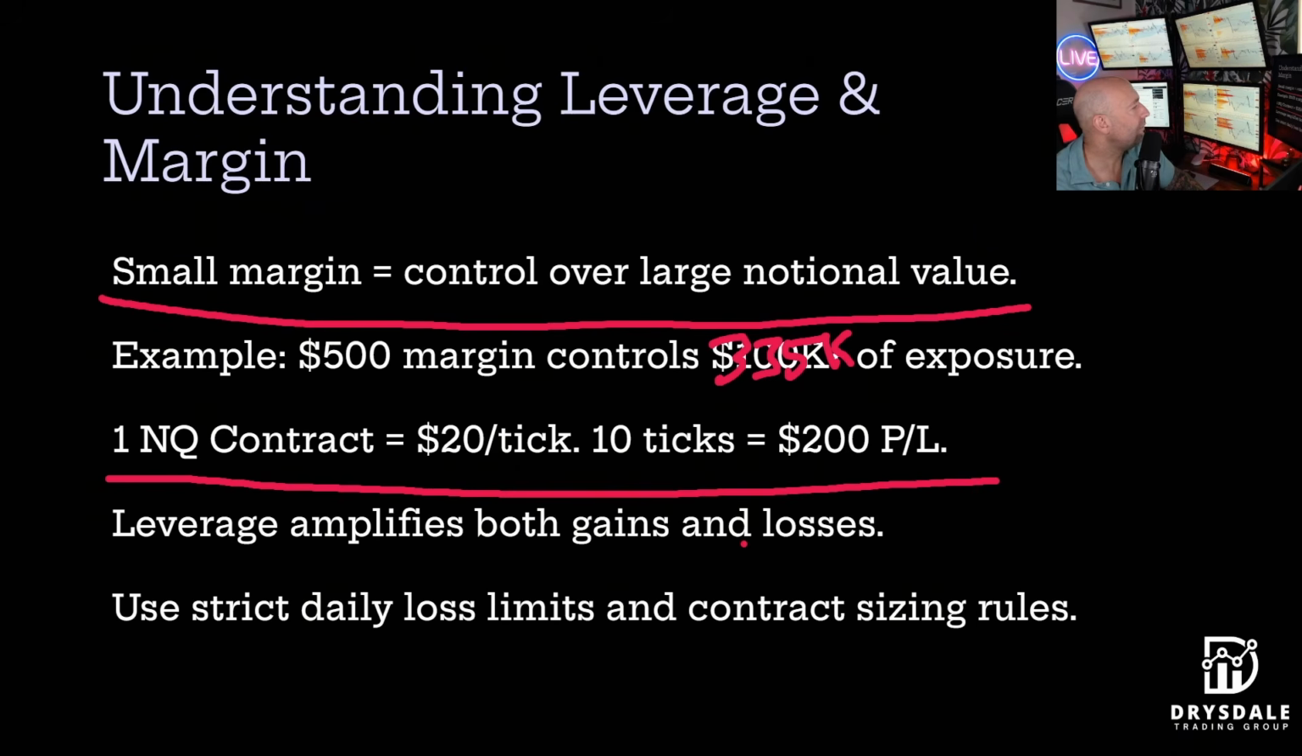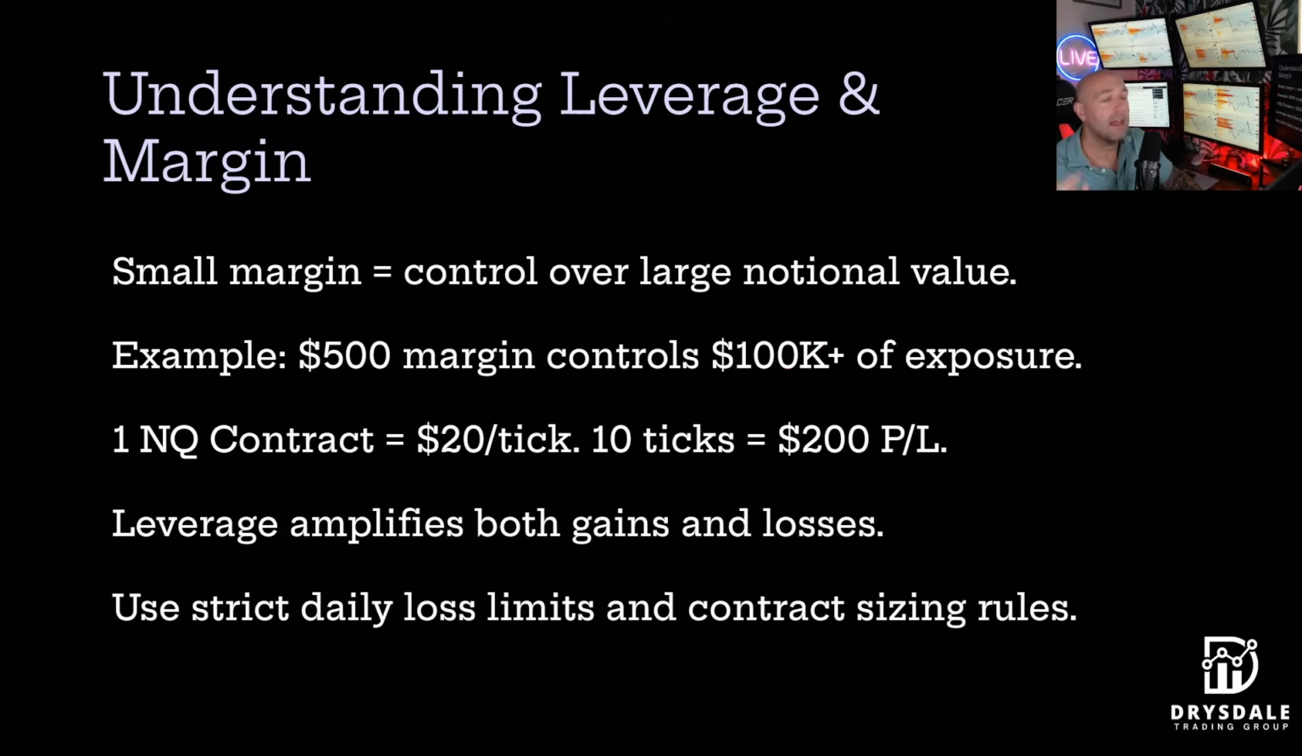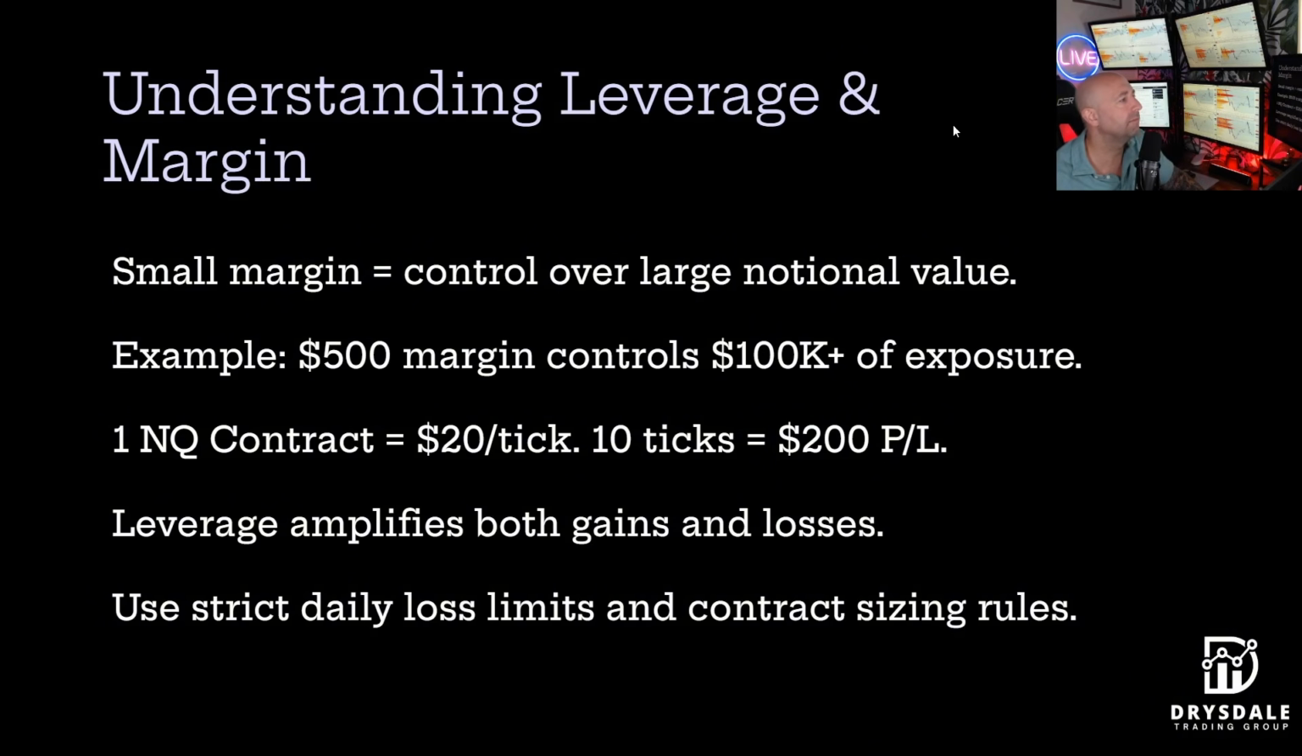Okay, so this obviously amplifies both gains and losses. So you need to learn how to trade with leverage. We use strict daily loss limits and contract sizing rules to make sure we don't blow the account. And what's blowing the account? That's when we lose more money than we can control with our margin. I held on too long and my losing position blew the account. Right? So we need to have very strict risk management rules with trading futures due to the high level of